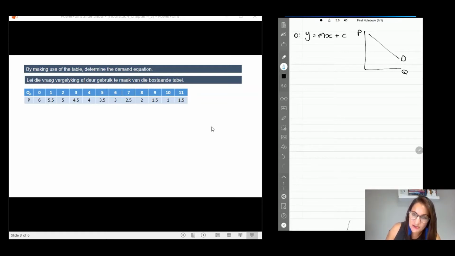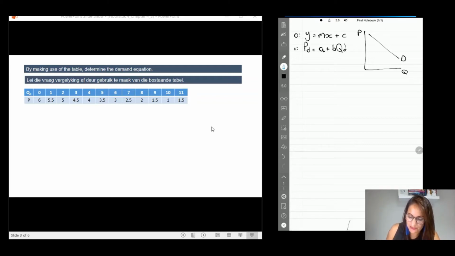So you are going to substitute the x and the y with the P and the Q. So the first step is to do that. So you have price of demand equals your intercept A plus B, your slope,